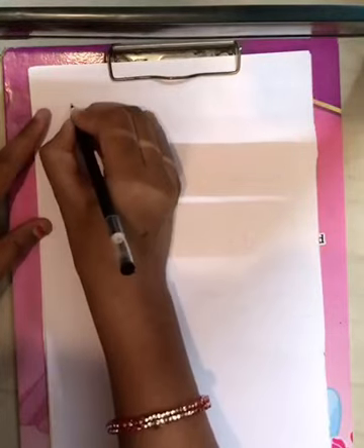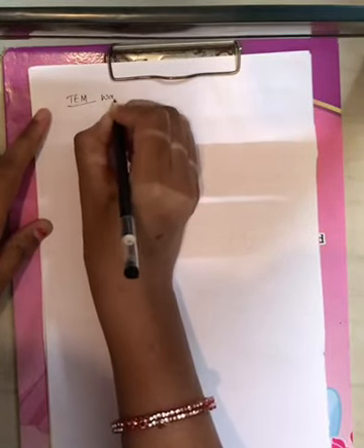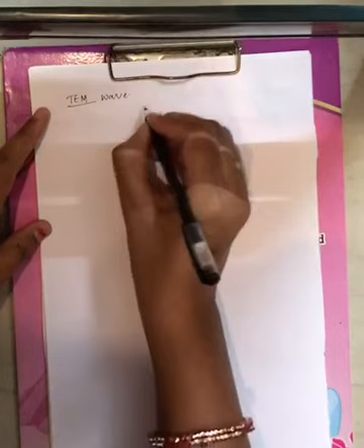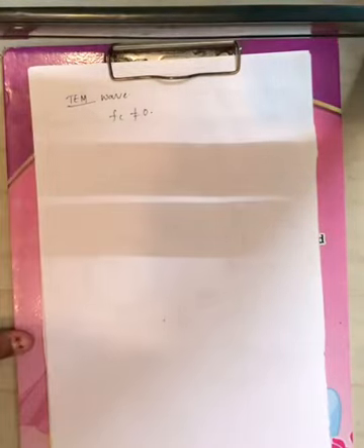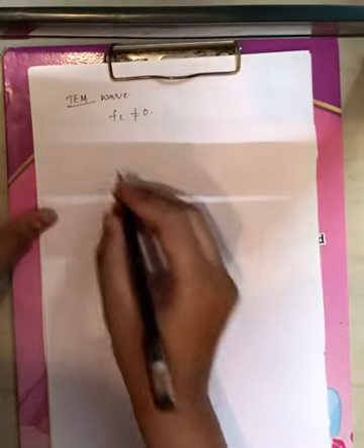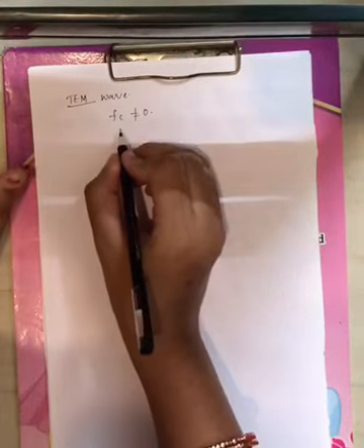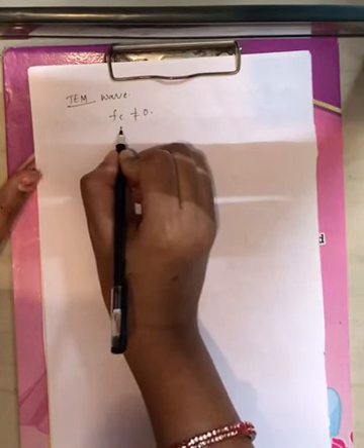Now let me derive some parameters under coaxial line. As I have said, the dominant mode is the TEM wave, and it doesn't contain any cutoff frequency. It will allow all the frequencies, right? The dominant mode is the TEM wave and it doesn't contain any cutoff frequency. That's why fc is 0.